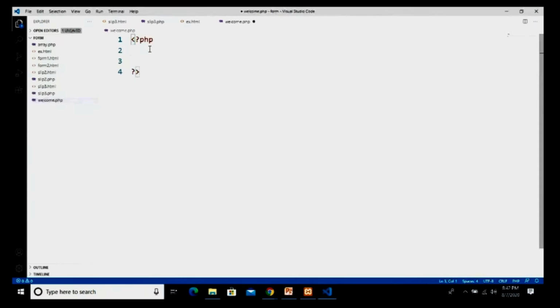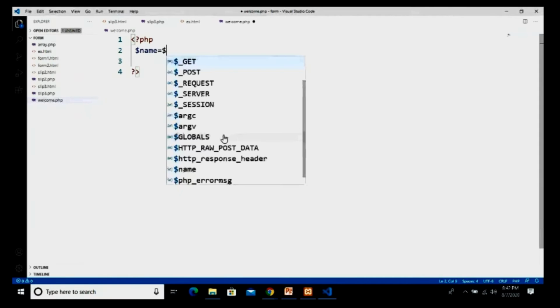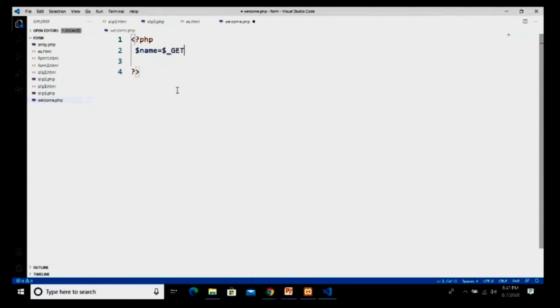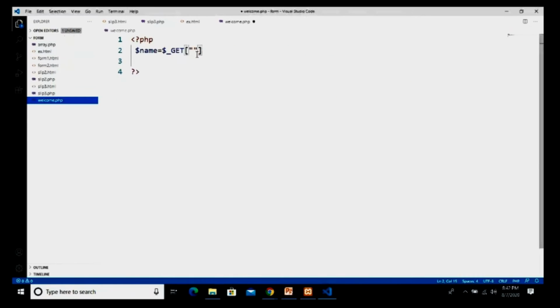Now second, we have to create this file, welcome.php. I've already created the file, and we will just insert the code in it. I take one variable, name, equal to dollar underscore GET. This is a global declaration, a compulsory part. Without this the program will not run. In this you have to write the name of the text box. This is my text box one, for name. In my HTML file I've taken the name as name, so you have to write the same thing, ending with a semicolon.